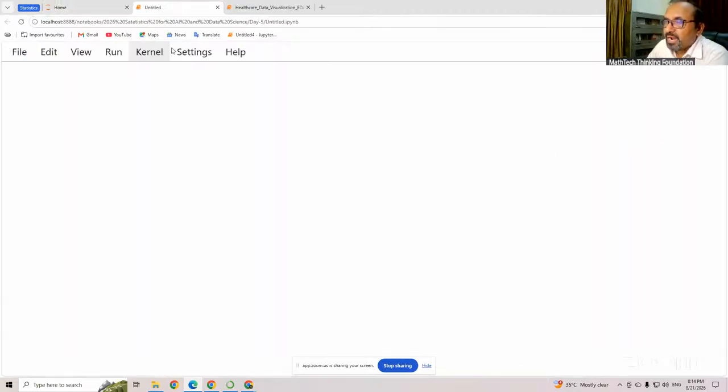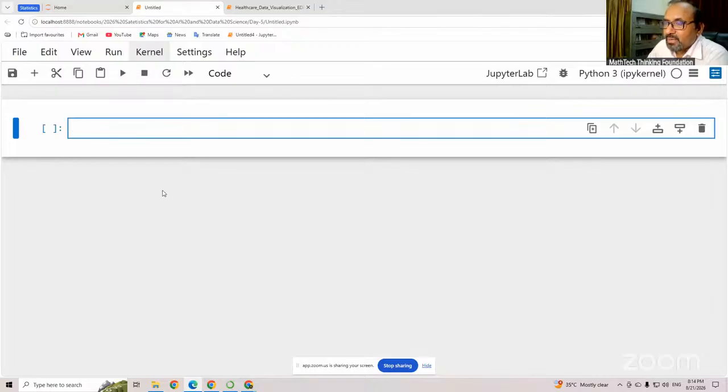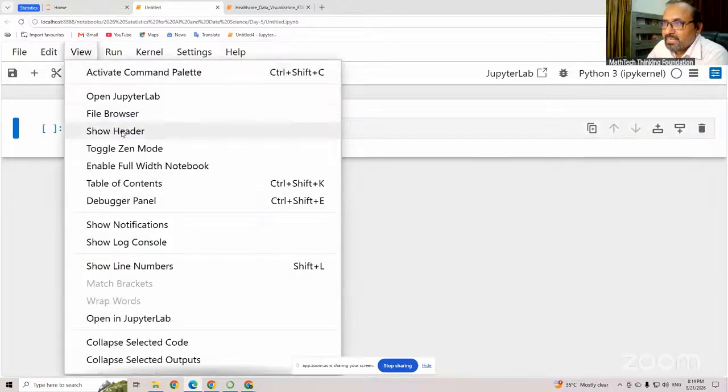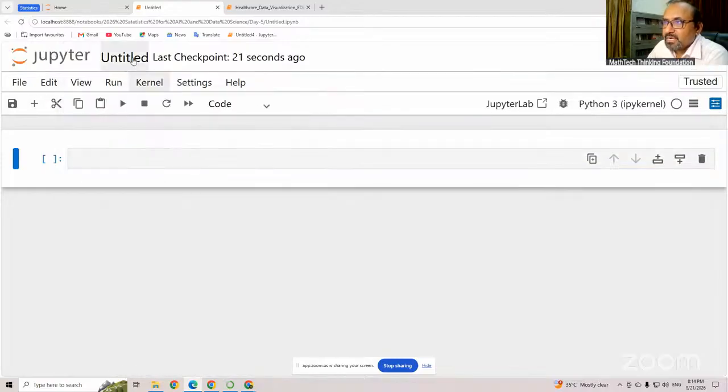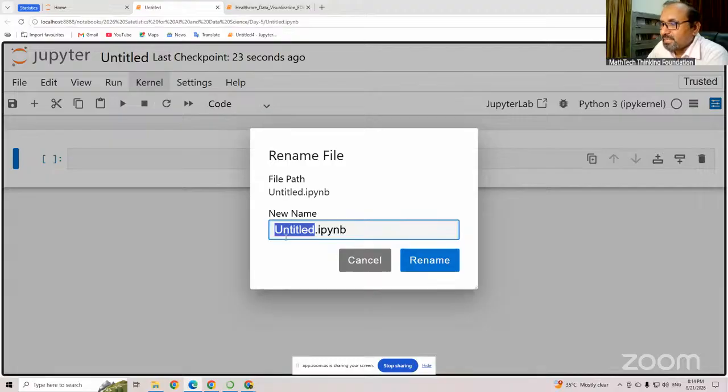Okay, a new file will open. After this file opens, you will give the file a name, rename it. Everyone can rename the file. How will you do it? Go to the view, and here is the header. Now just click on it, and at this place you will use the new file,